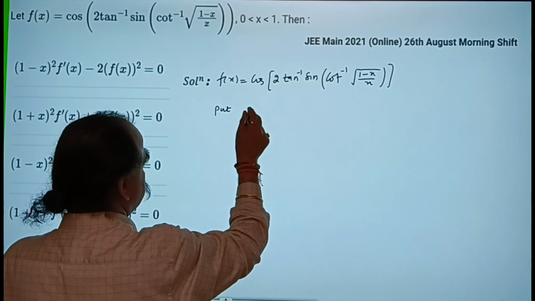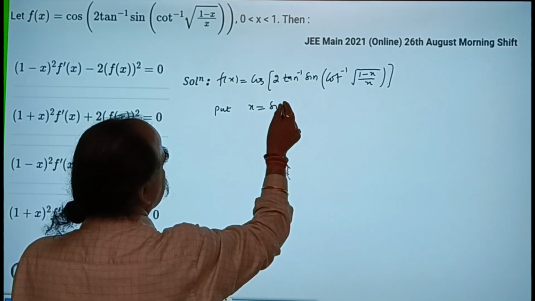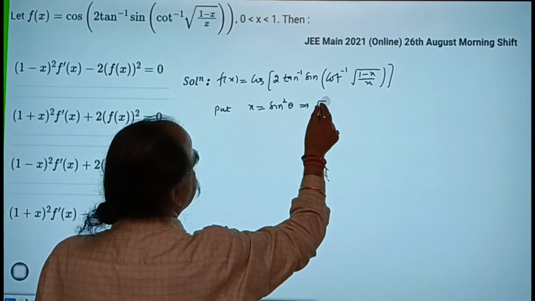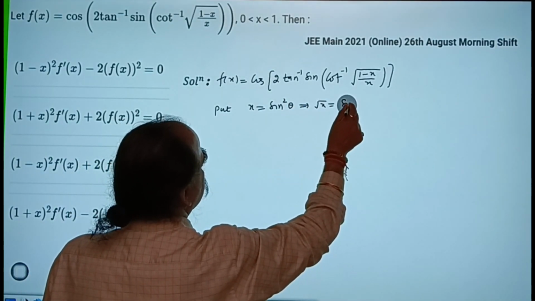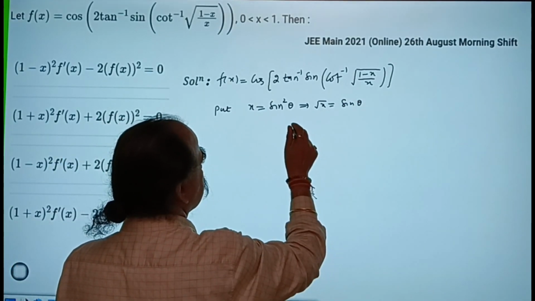Put x is equal to sine square theta. Root x will be what? Sine theta. Since 0 less than x less than 1,